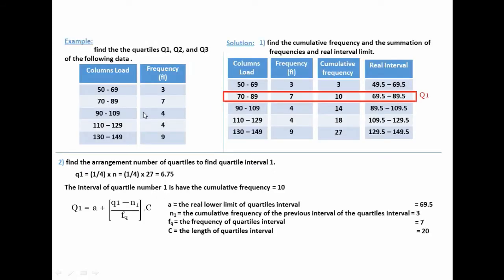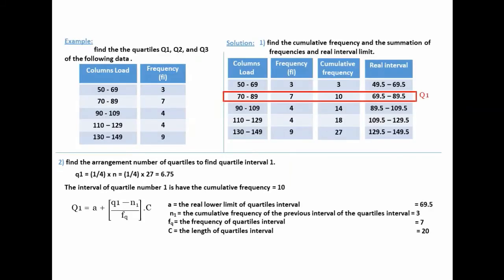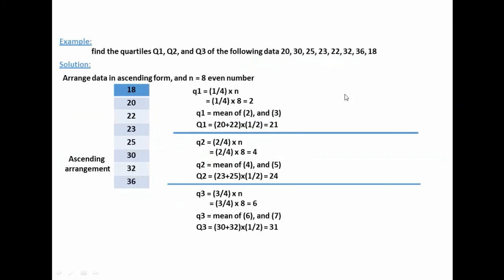13.5 represents the small q2. You see over here in the formula, N1 is the cumulative frequency of the previous interval, which is equal to 10. For 14 the cumulative frequency is 10. Divide by 4 multiplied by 20, which is equal to 107. Similarly, for the arrangement number of quartiles, to find the quartile interval number 3, Q3 is equal to